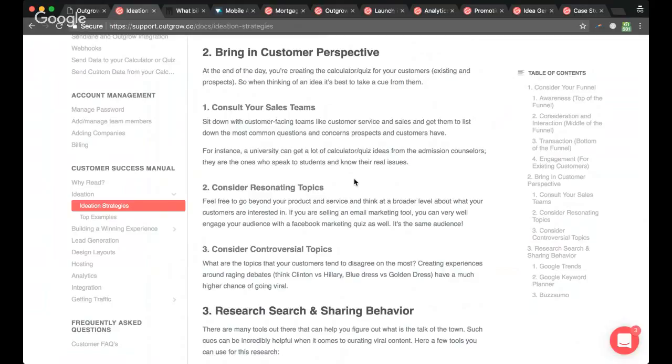And then your customer success team know the types of questions your existing customers are asking, and your support team know the issues people are having, and how you can better educate and communicate around those issues with either a graded test or a knowledge test or other types of experiences that you can build on Outgrow. So this is a really important component of doing well on Outgrow: coming up with ideas that are relevant to your customer, making sure you have good segmentation and a good understanding of your funnel, and then you're able to execute and